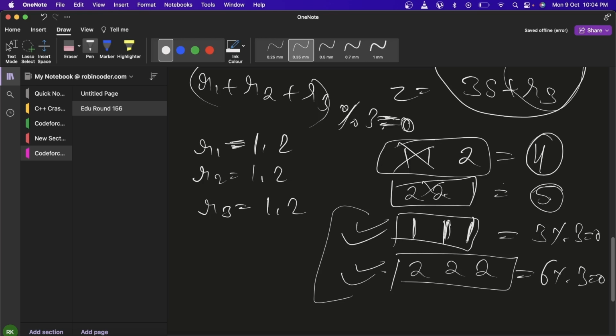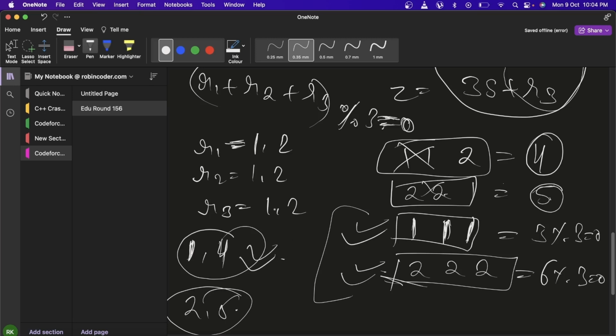We need to find some numbers whose remainder comes 1. So here the smallest numbers will be 1 and 4. These are two distinct numbers whose remainder with 3 gives us 1. And for 2 we can think of 2 and 5. Now this will give us better results because this will leave the rest of